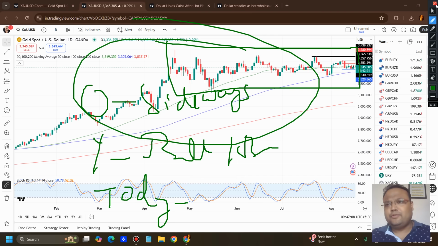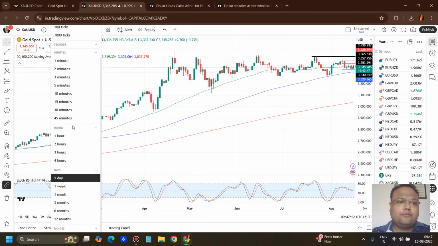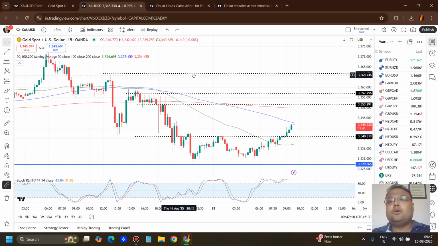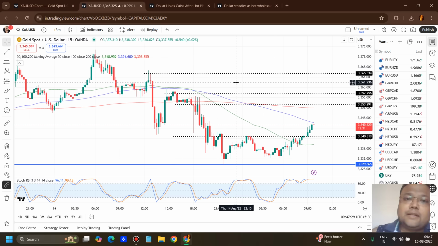A little bit of confusion. So let's plan our trades accordingly. And before I proceed, I would like to make an honest confession that whatever we are about to discuss are not very solid levels. Sometimes we have very good, major levels on the chart, but today on the chart of gold we do not have any major levels. So let's try to understand them one by one.